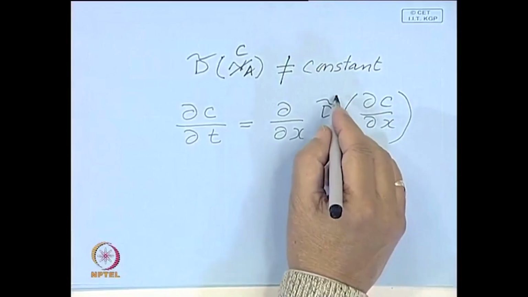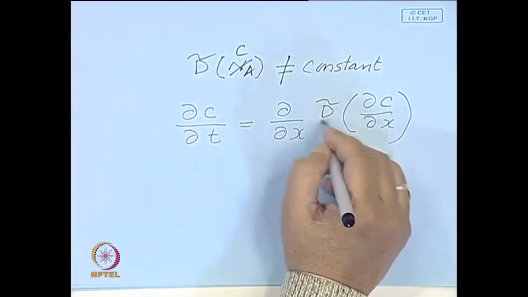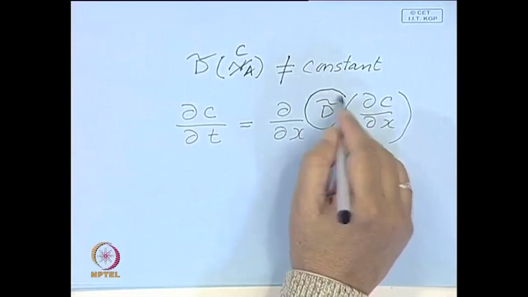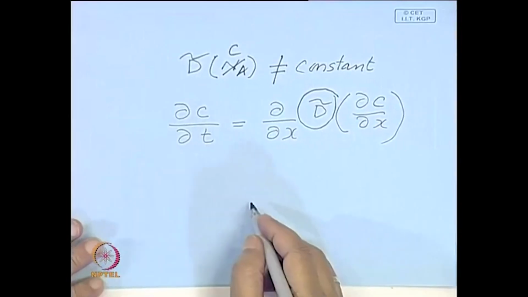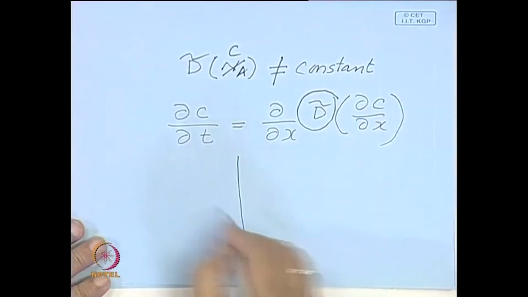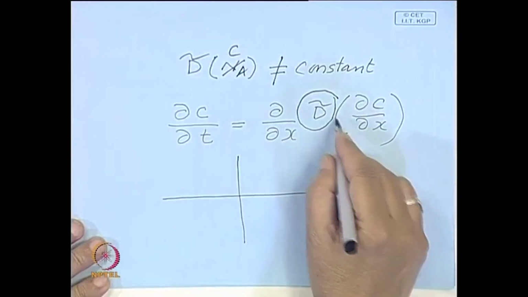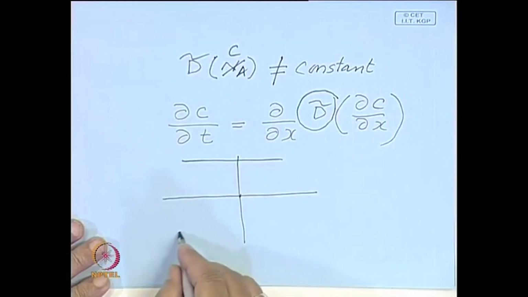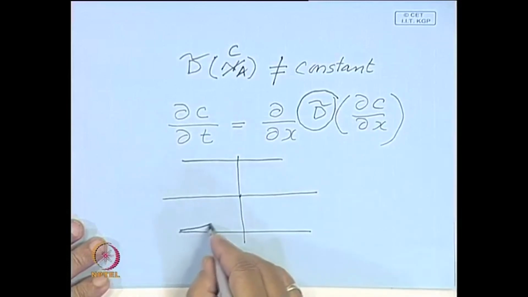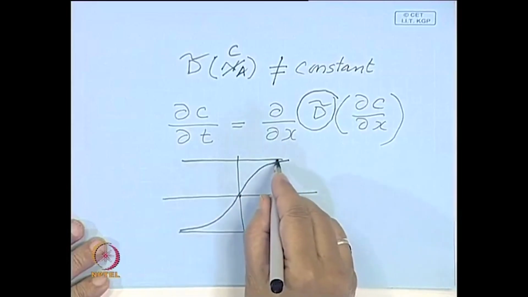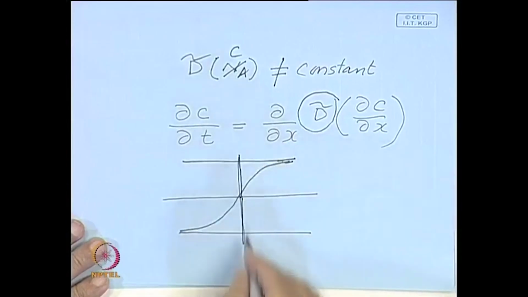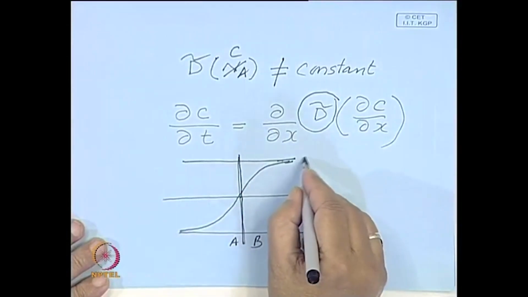So now, the Matano method is a procedure which will help you to estimate D from the concentration profile. If you look at the concentration profile and assume D to be constant, then you will find that these profiles are symmetric. So, this is your initial interface between A and B, and after a time t,